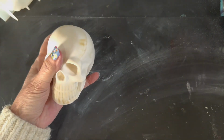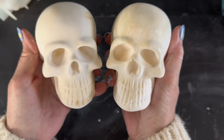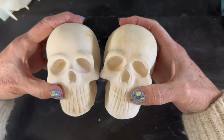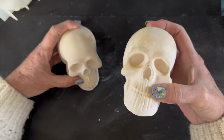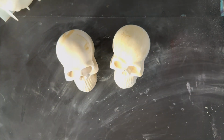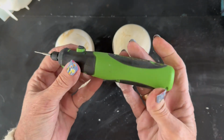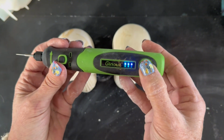And in true Blue Peter style, here's one I made earlier. So we've got two now, but they're looking a bit too neat. This one is especially, like this one was okay. He got a bit of bubbles in his nose, but I want them to be a bit rough and ready anyway. So I've got this little tool that's got 3 speeds on it,